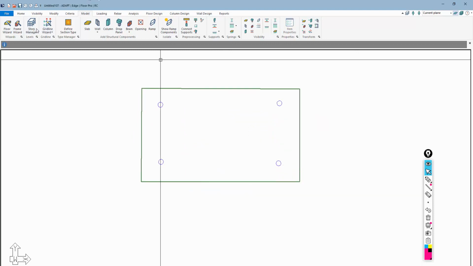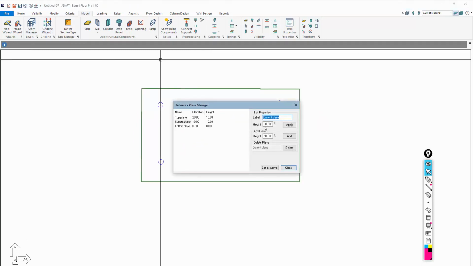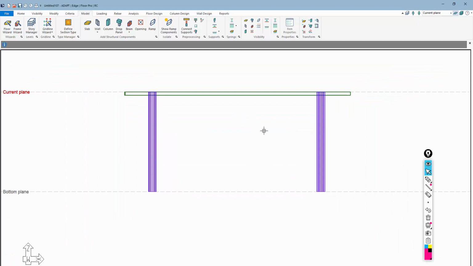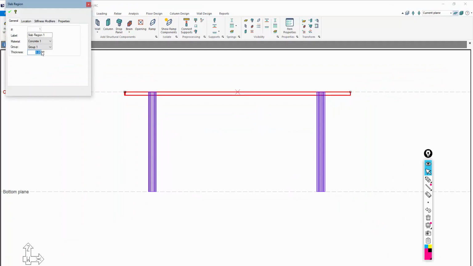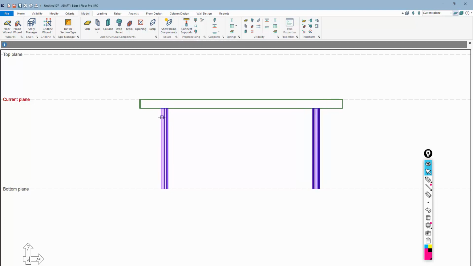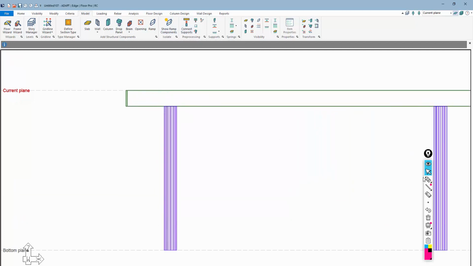Okay, and then I'm also going to increase the story height here, something a little more realistic. I'll say that the height of this level is, let's say, 20 feet. So I'll apply that, and on the side this is kind of what it looks like. I'll make this slab something a little bit thicker, maybe a 24-inch mat. And I could also adjust those so they're offset from the top of the slab, so I could connect the supports, or I could socket these into